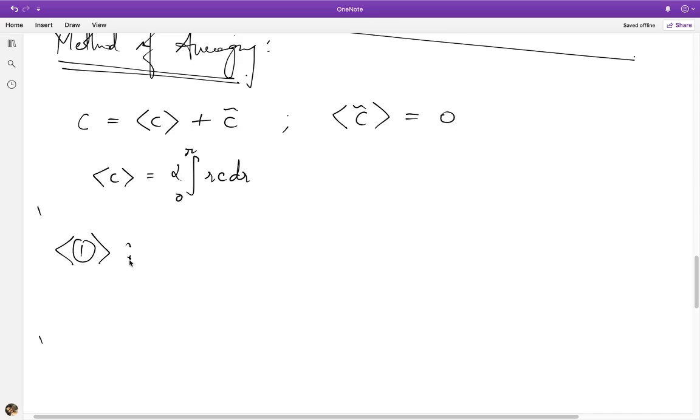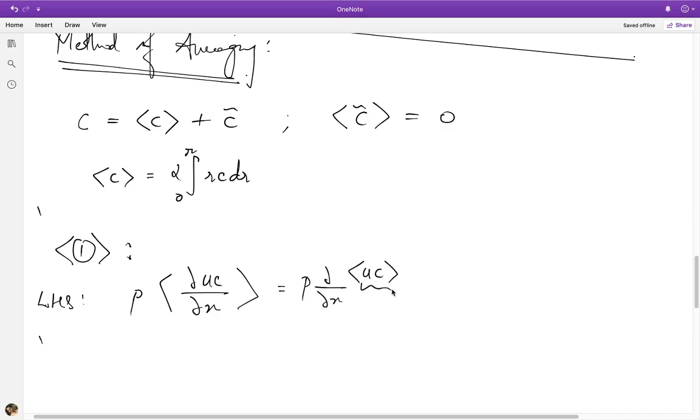Okay, so again, taking the average of equation 1, which is the second step of the averaging procedure, we get the following. Let's look at the LHS of equation 1. If we apply the average, you have the Peclet number times the averaging operator acting on u times the derivative in x, because u is of course independent of x. Now because this averaging operator is an integral over r, I can take the derivative in x out of the averaging operator, of uC. And now this term I'm going to define as